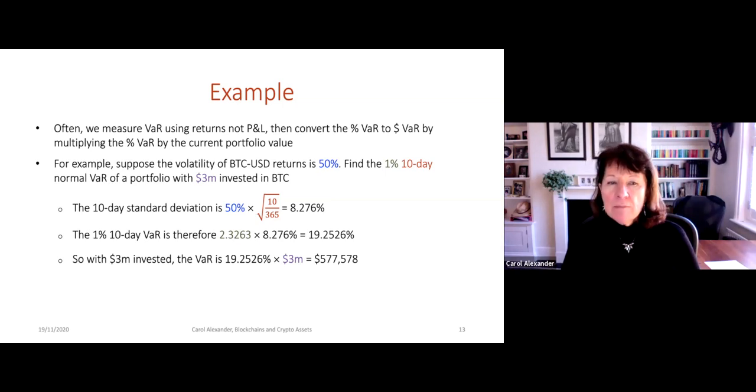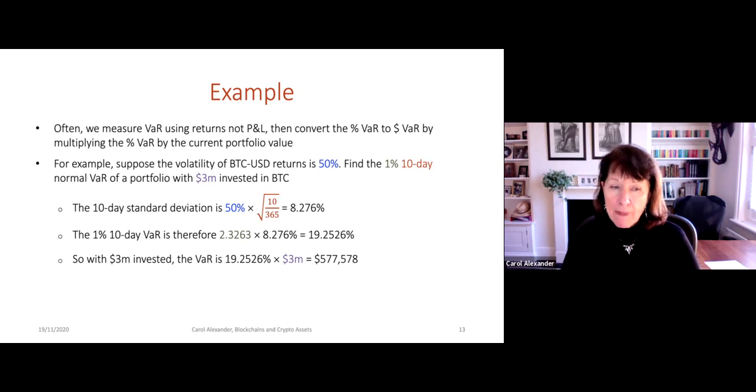So we usually measure VaR using the returns, and then we convert the percentage VaR to a dollar VaR just by multiplying the percentage VaR by the current portfolio value. For example, suppose the volatility is 50%. That's an annualized standard deviation, remember, the volatility. Find the 1% 10-day normal VaR of a portfolio which is valued at $3 million